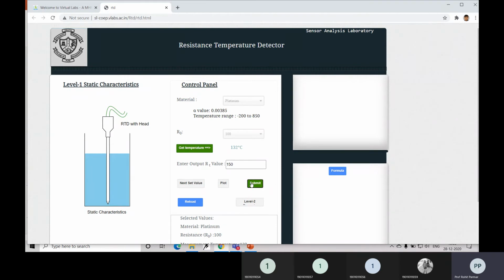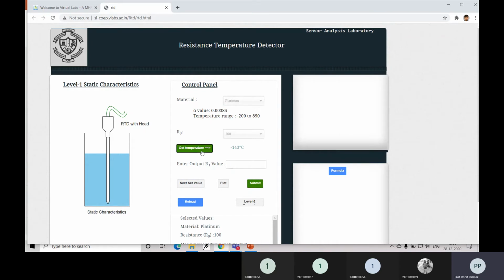Okay, no worries. Let me conclude this session. Basically, you are supposed to set 3 to 5 values over here. After this calculation, click on submit. If your answer is correct, then it will tell us correct. Then set next value. I'm clicking on set next value. Then get temperature over here.